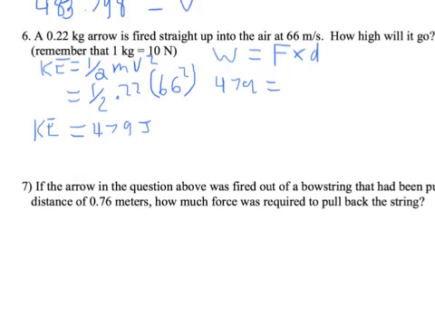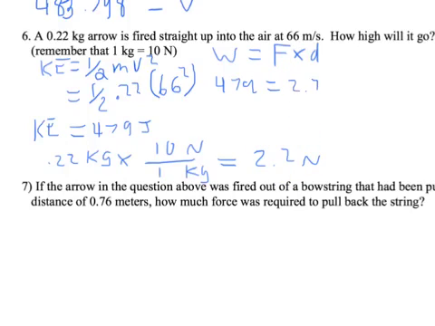To convert, I'm going to say 0.22 kilograms, put kilograms in the basement, put newtons up above, 10 of these equals 1 of these, therefore this arrow is 2.2 newtons. I'm now going to take that value and substitute it up here, 2.2 newtons,